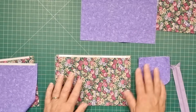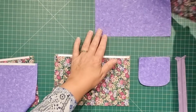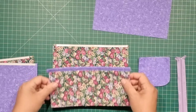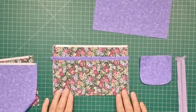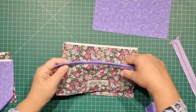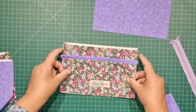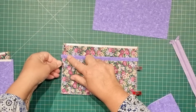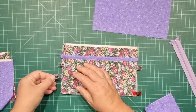Now before we put our zip and everything together, we're going to place our pocket piece to the front of our bag. And if you want to label your product, it's best to go and do that now. Okay, I've put my label onto the front of the pocket. I'm going to lay that down and line up the bottom edge, and we'll stitch that to the front of